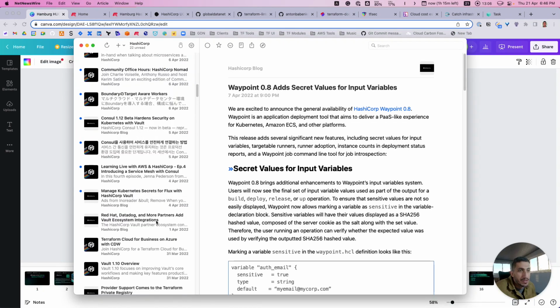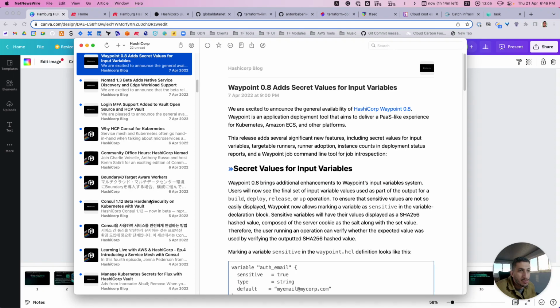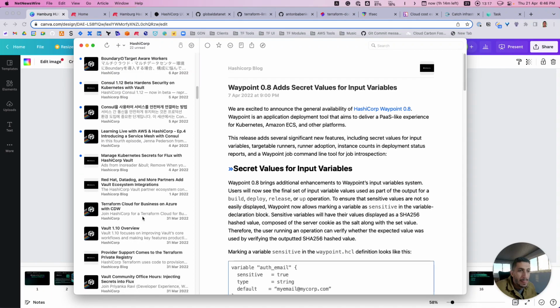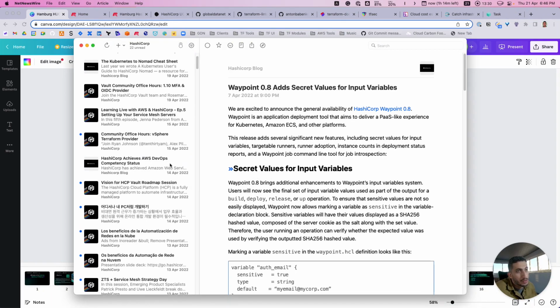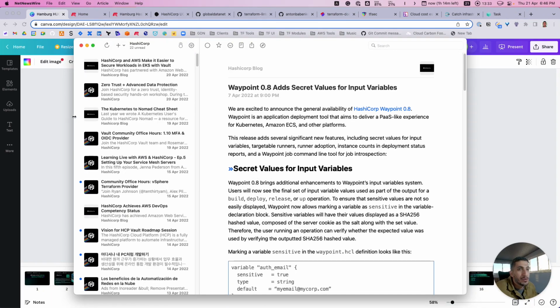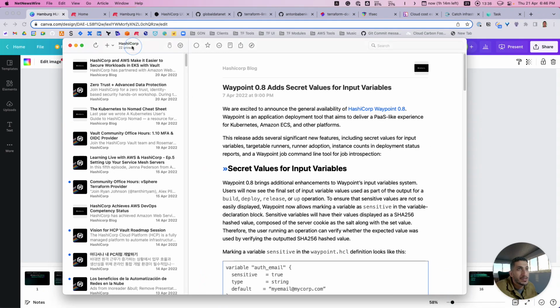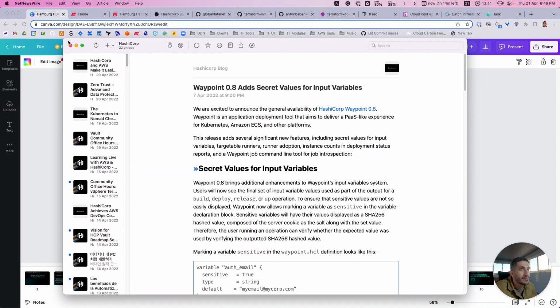That's pretty much the last couple of weeks. Consul has updated something with hardening, and Consul is supporting Kubernetes more and more these days. Vault 1.0 is out with OpenID Connect support, and cool features are also being supported here and there. So that's how you can keep up with the news.